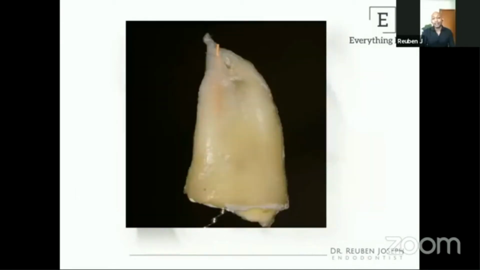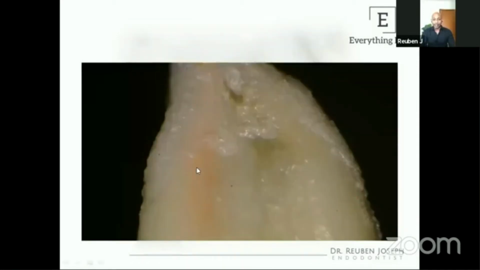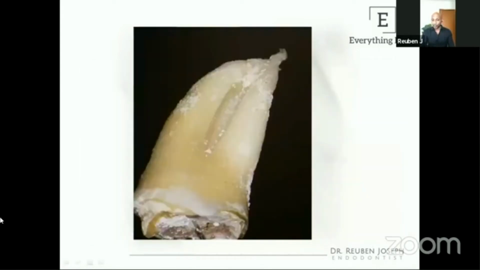So this was another C-shaped canal which was treated somewhere, which came to my clinic. They had come for a rework, but I had to decline treatment. If you carefully look at this image, you can see the gutta percha is virtually visible through the root surface. And you can very clearly see the fin of dentine connecting these two roots.